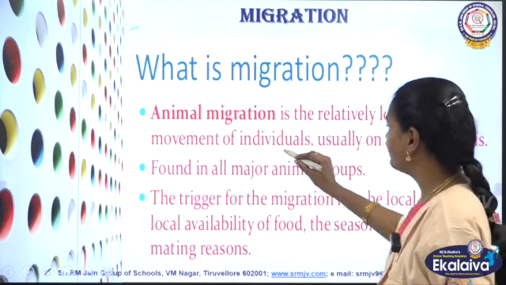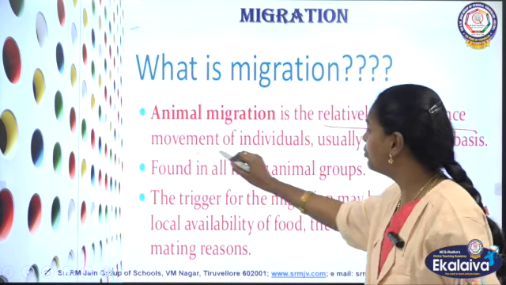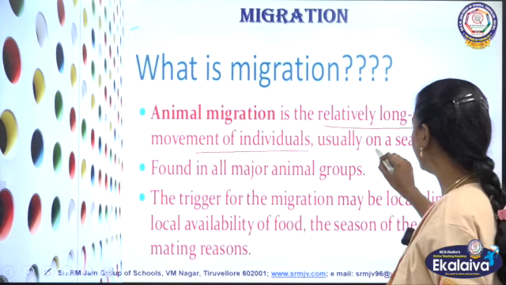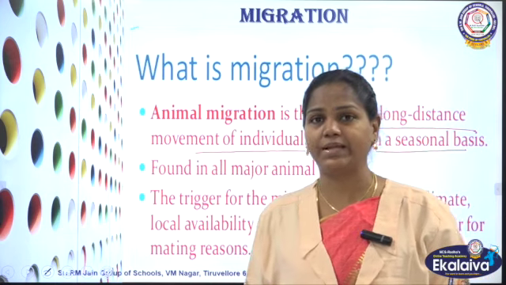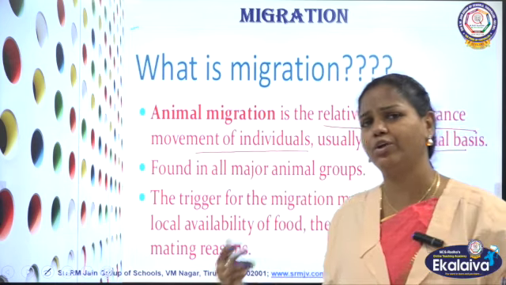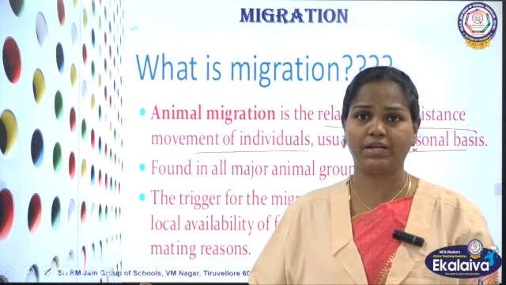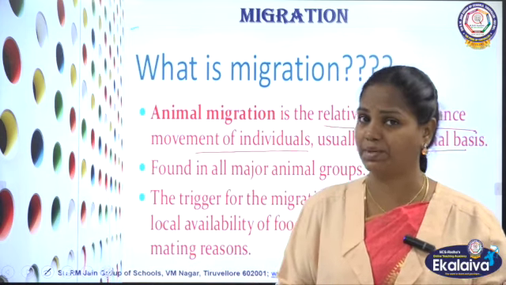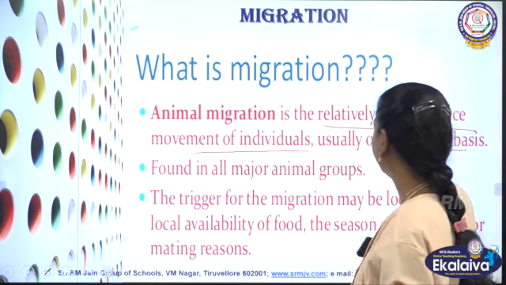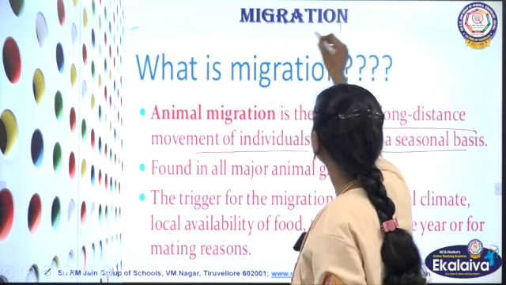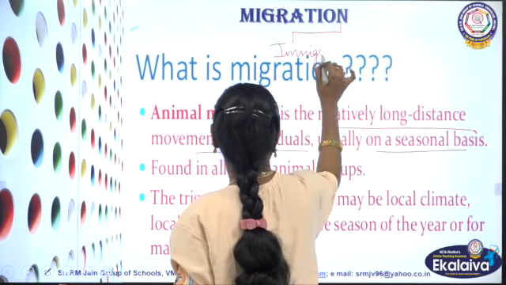Animal migration is a relatively long-distance movement of individuals, usually on a seasonal basis. Sometimes, if the temperature goes very low in the winter season, they cannot continue their life in that habitat, so they migrate to some other place. In migration we have two different types: immigration and